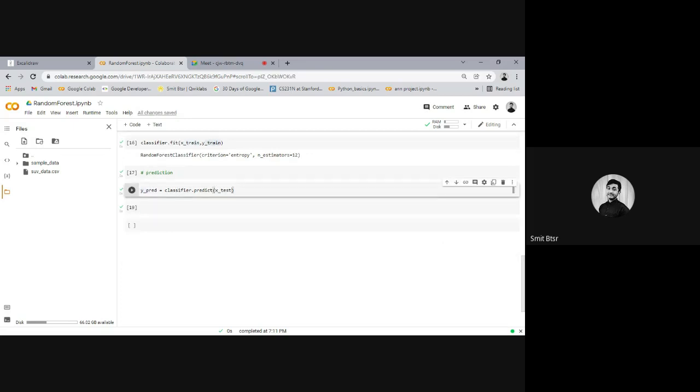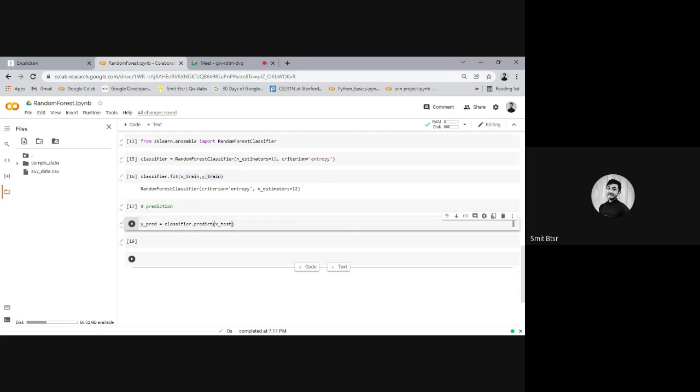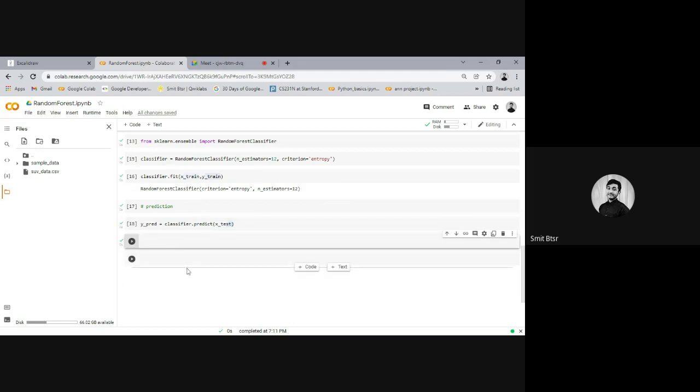So here we have predicted on X test, and this is done, right? We have training, we have tested. Now we want to evaluate. There are a few methods.